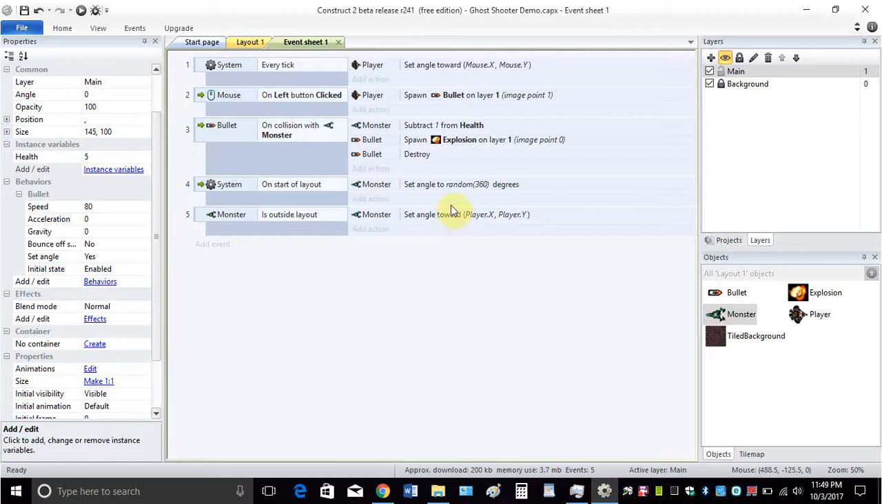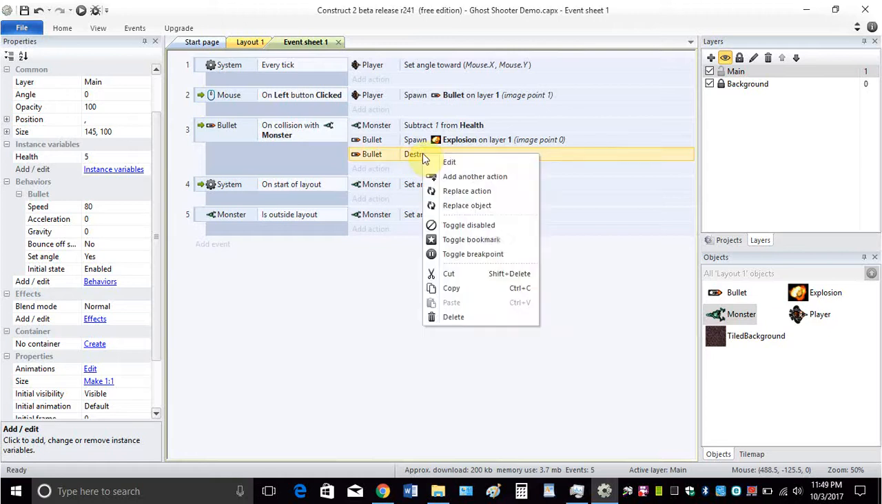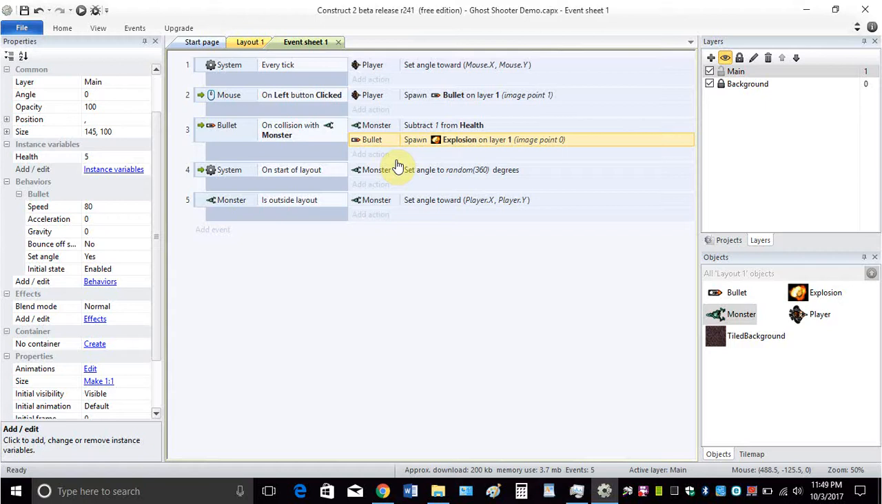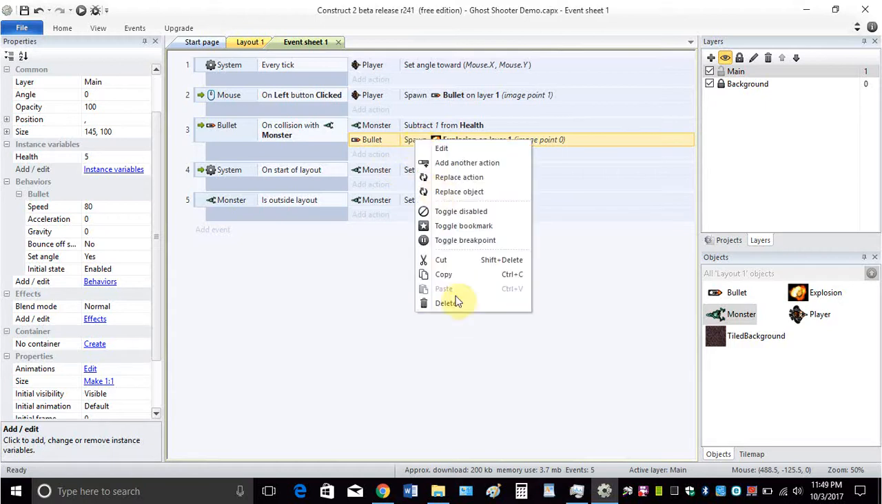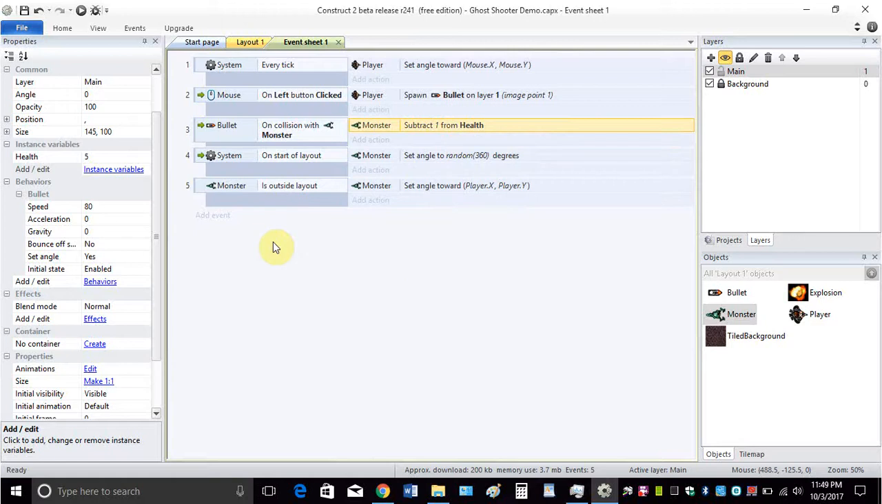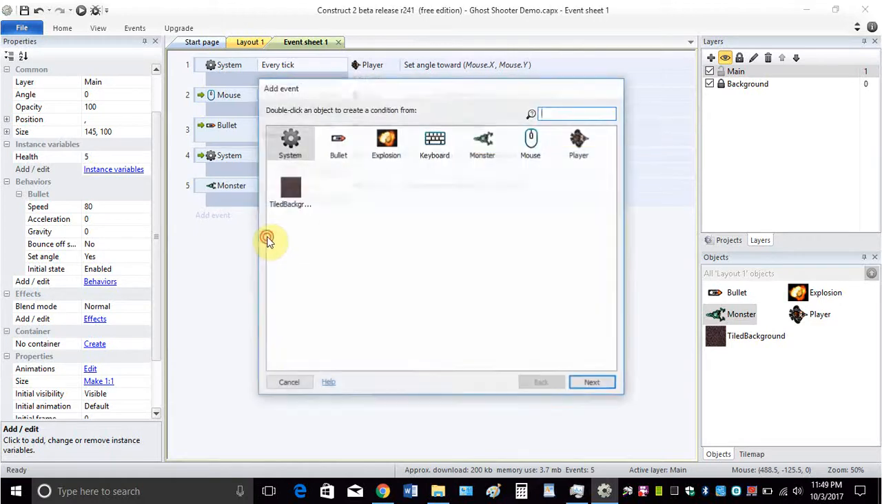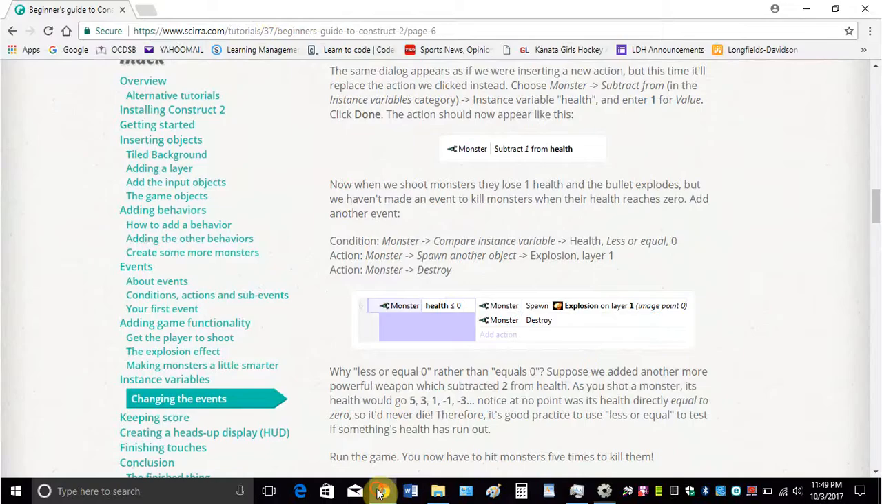So we're going to go back here to event 3, and I'm going to right click this here where we destroyed the bullet before. I'm just going to delete that, and the bullet spawning an explosion, I'm just going to delete that. And then I'm going to add another event, and what that is looking at